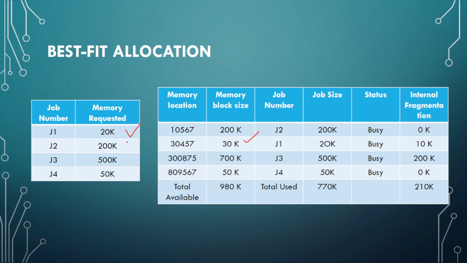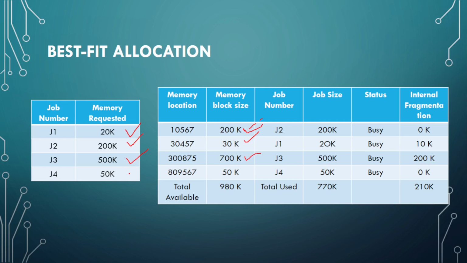And then 200 kilobytes are needed for job 2, and we already have an exact memory block of size 200 kilobytes, the closest fit. So J2, which needs 200 KB, is allocated to this block. Now the next requested memory is job 3, which is 500, and it is allocated to the closest block. 700 is closest to 500, so the 700 kilobyte block is allocated to 500 kilobytes, and you can see only 200 KB